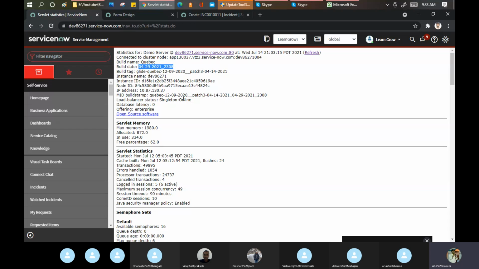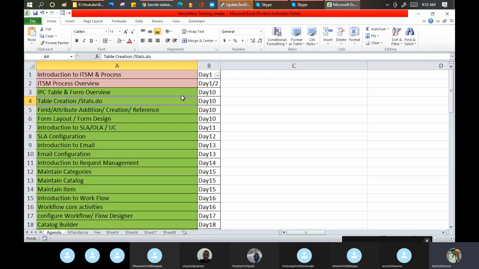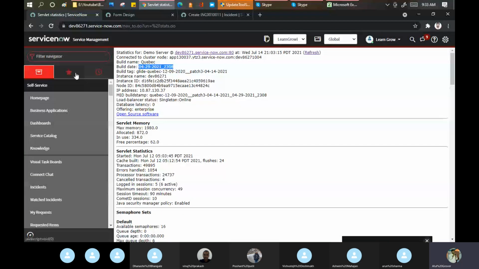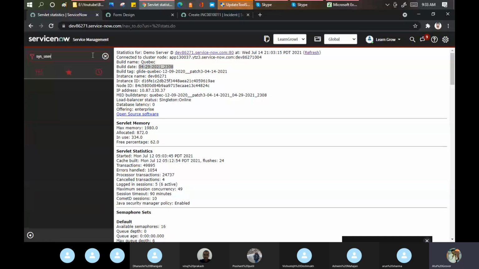One more thing I want to show you: table creation and stats.do have been done. That is the important part. Now I am putting sys_user.list. Arun, note down this point.